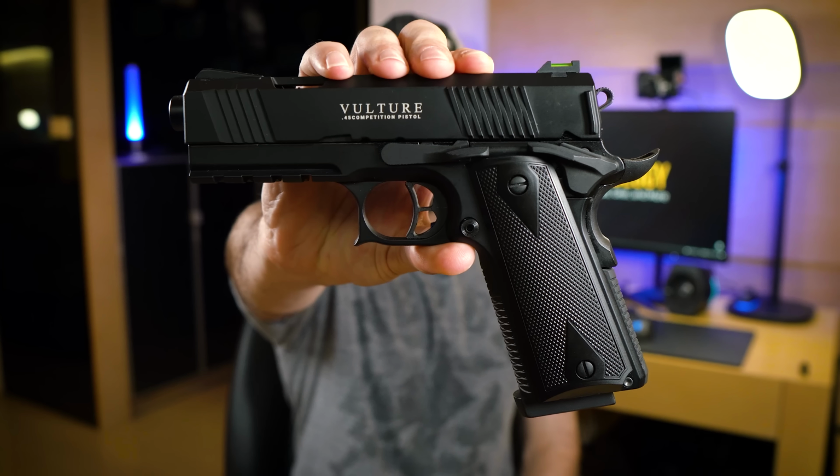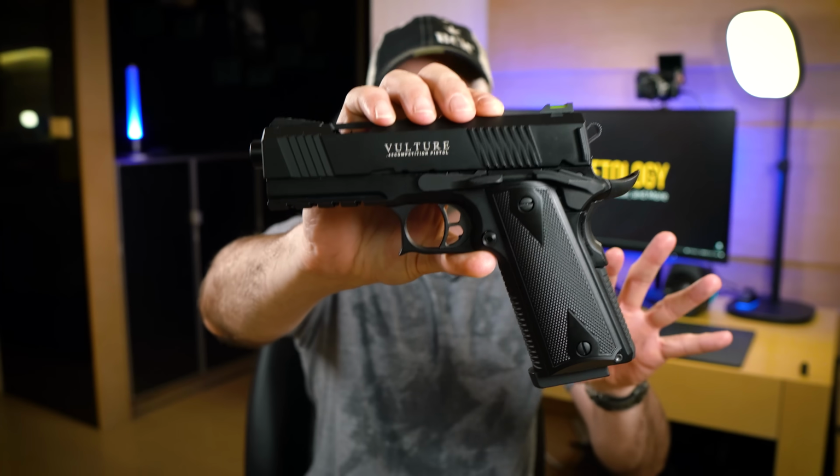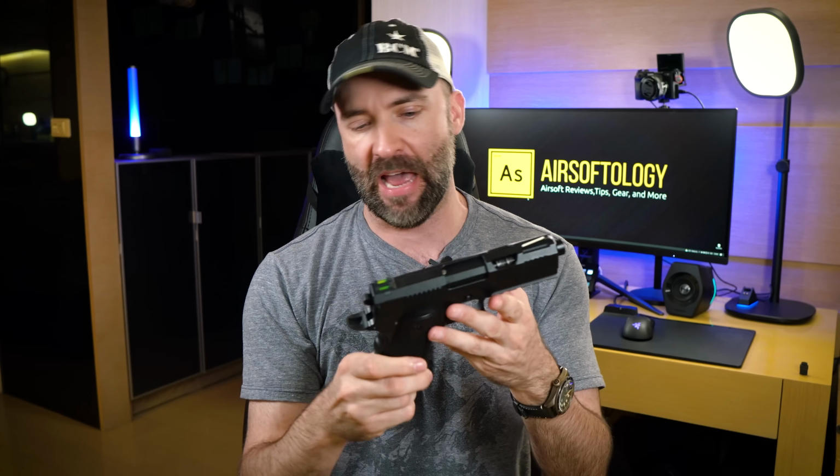I've got the Vulture pistol from ICS. It's their newest offering, just dropped, and it's in the 4-inch 1911 category. So this is going to be your short Commander-style 1911 pistol. It's not as unwieldy, not a little bit longer. It makes it a bit more compact, easy to carry, but not a lot of sacrifices because it's